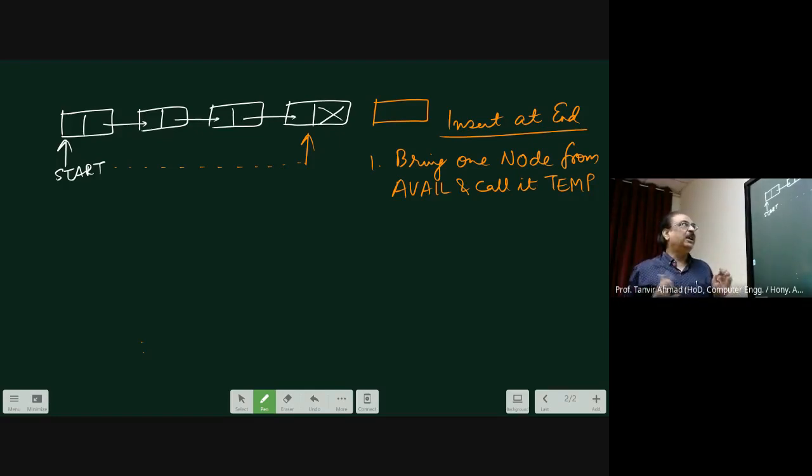But from here you have to traverse also. Therefore, what you will do? You will do traverse and reach to the end.